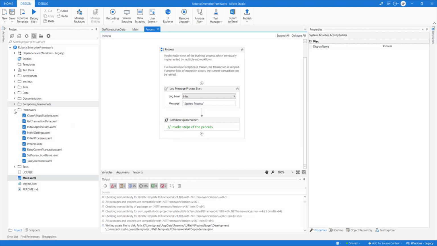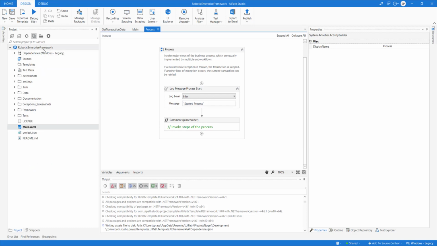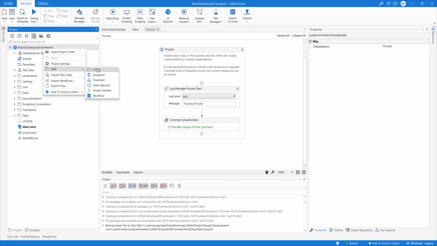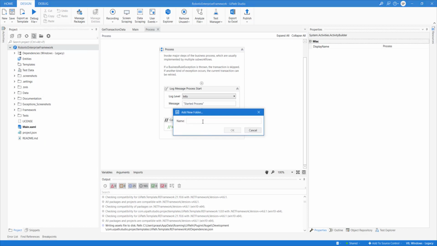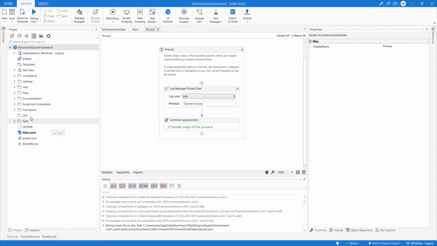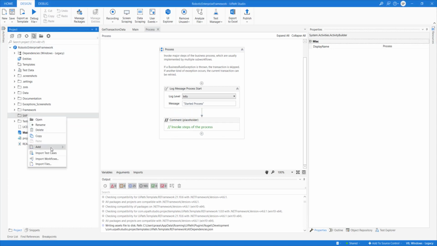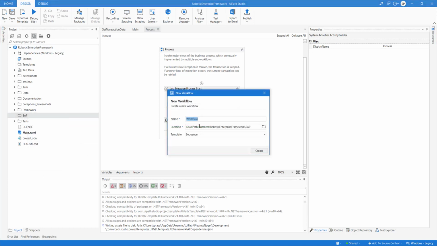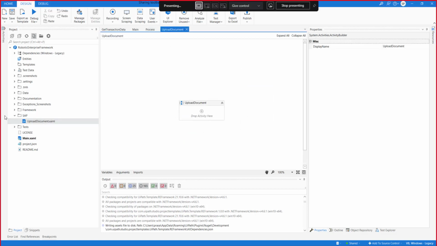Say for example, if you are using a SAP application, you need to create a separate folder, say SAP, and in the SAP folder you can create all your workflows, like upload document, and create them here.